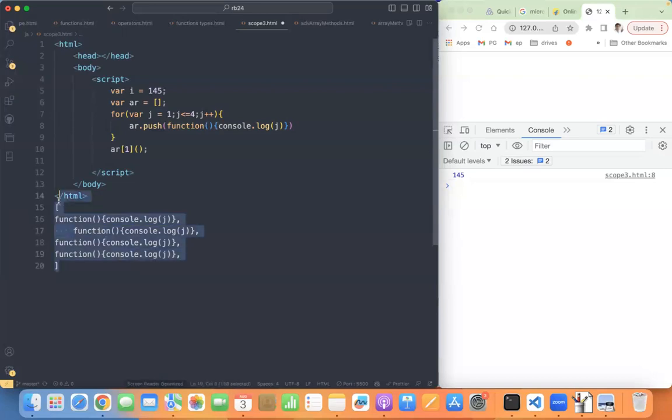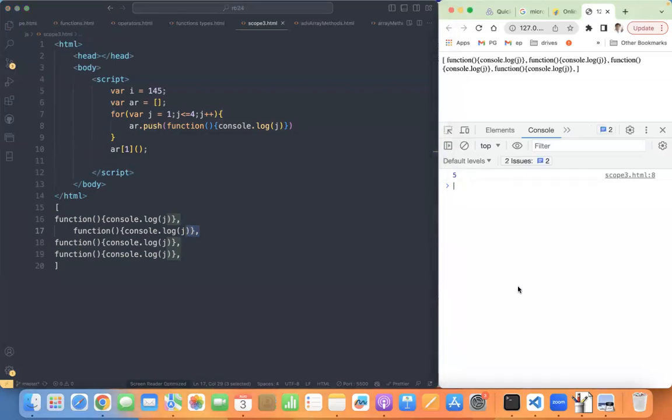After the for loop, what is the j value? 5. Right? Now I am calling ar[1](). So what will it call? It will call this function. So at this moment, not at the insertion moment, at the moment of call, what is the j value? Come on, 5. That is the answer we are going to get.